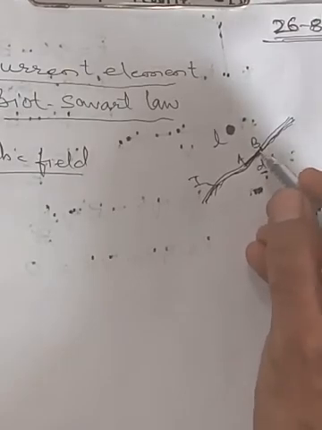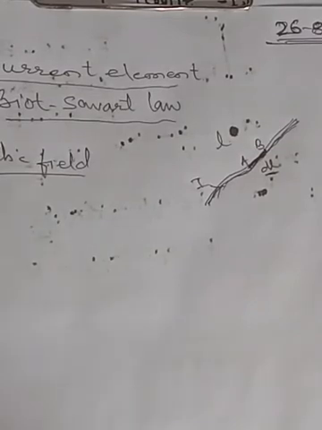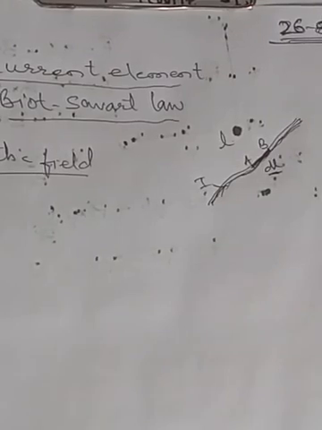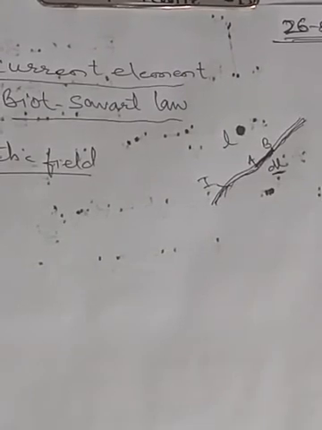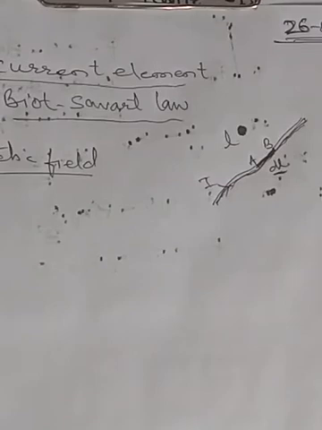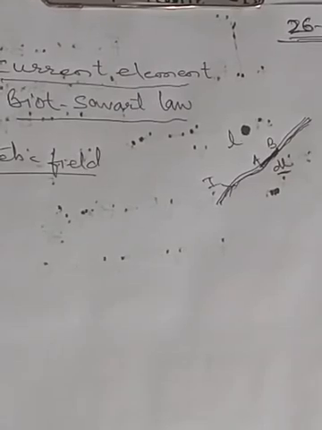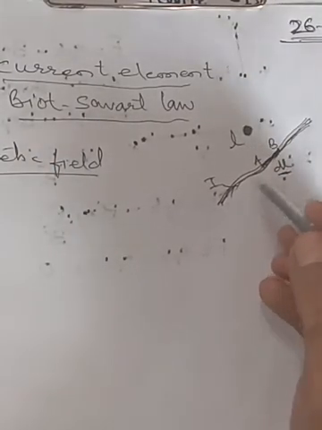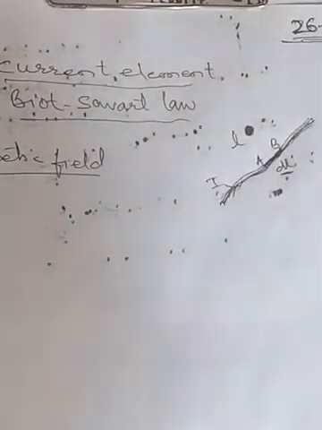Now the question is why this small current element is considered. Because if we have to calculate the magnetic field due to a current carrying conductor at a particular point, we know that the magnetic field is given by the vector sum of the magnetic field at that point due to all the moving charges present in the conductor. इसका मतलब क्या है? किसी भी वायर के पास एक पर्टिकुलर पॉइंट दिया है और उस पॉइंट पे मुझे मैग्नेटिक फील्ड निकालना है, तो मुझे क्या करना पड़ेगा? इस वायर में जितने भी मूविंग चार्जेस हैं, उन सब को वेक्टर सम करने के बाद जो मैग्नेटिक फील्ड बनेगा वो कैलकुलेट करना पड़ेगा.